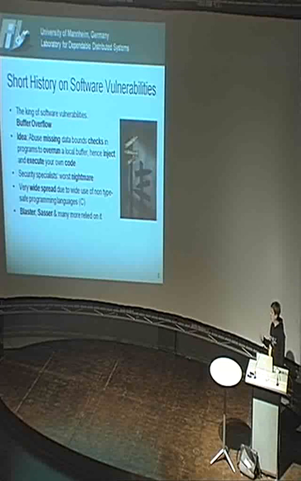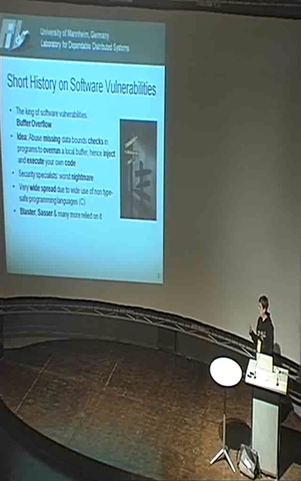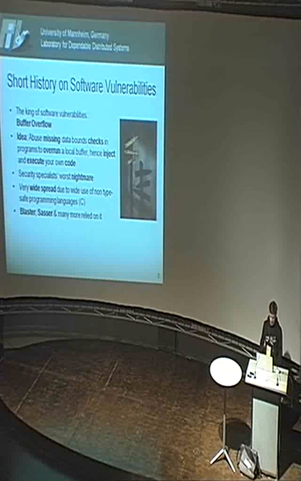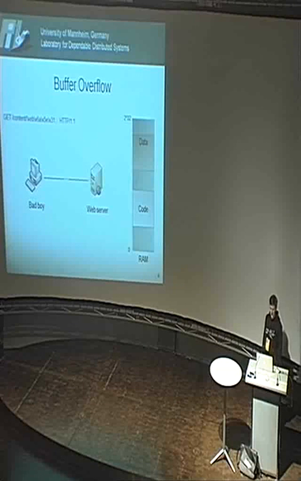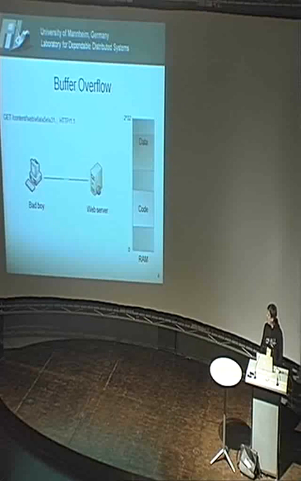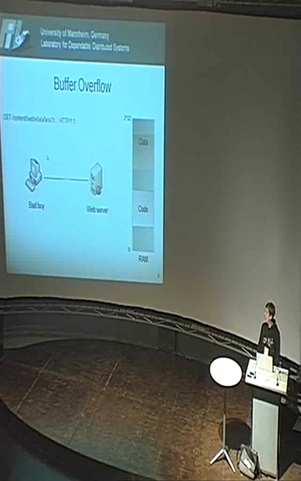The Blaster worm, for example, used the buffer overflow vulnerability, the Sasser worm did, and many others also did. Looking at my very basic and schematic animation about how buffer overflows work, let's assume we have a bad boy on the left side who could be, where can you see my mouse? Oh yeah, who could be, let's say, a worm or some actual hacker dude who tries to infect